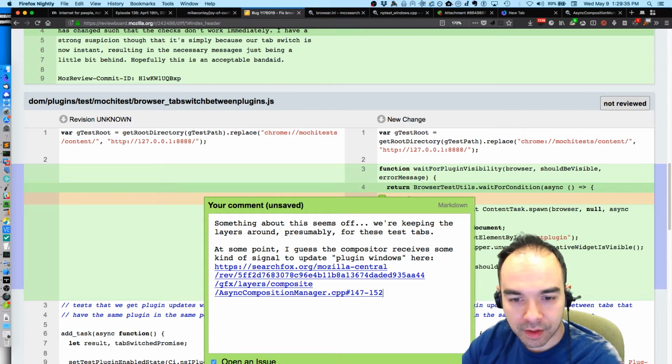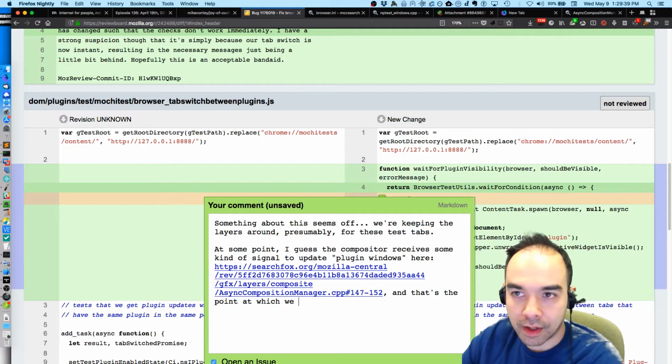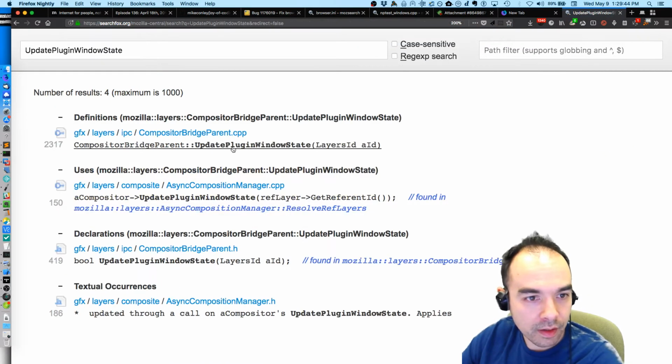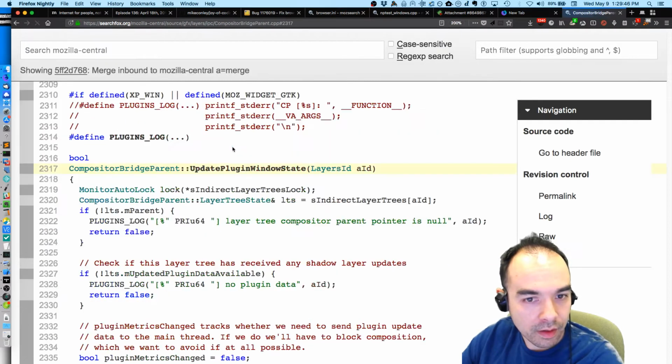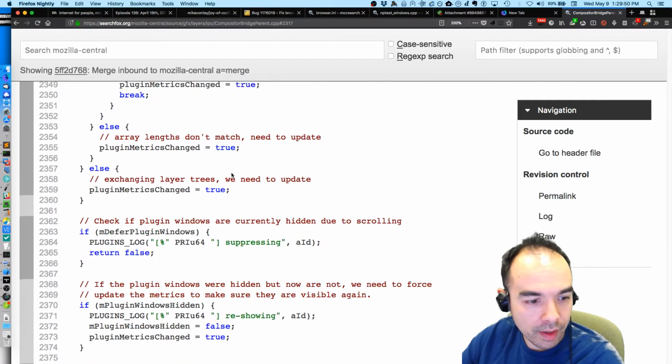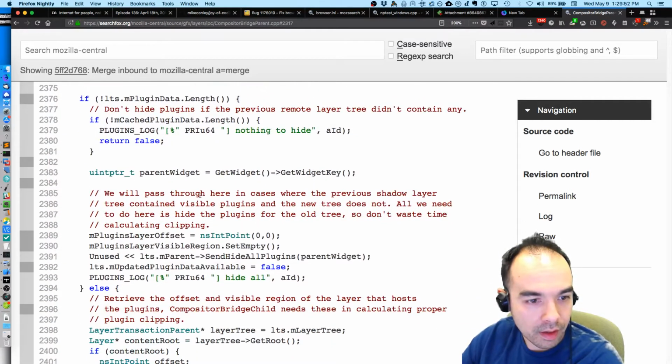Plugin windows here. And that's the point at which we update the plugin window state, that's the point where we